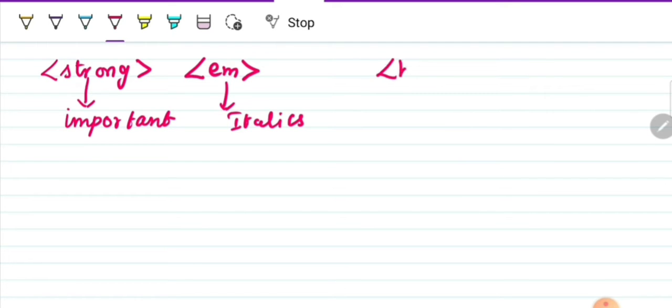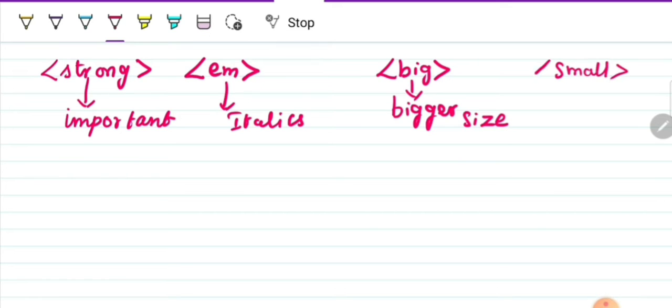It is big. Big means the text will be in a bigger size rather than the normal size. And the next tag is small.